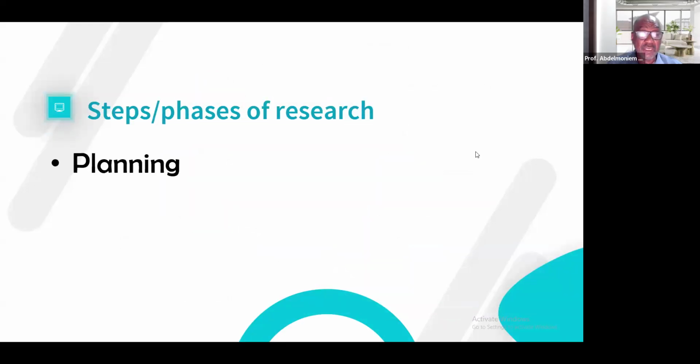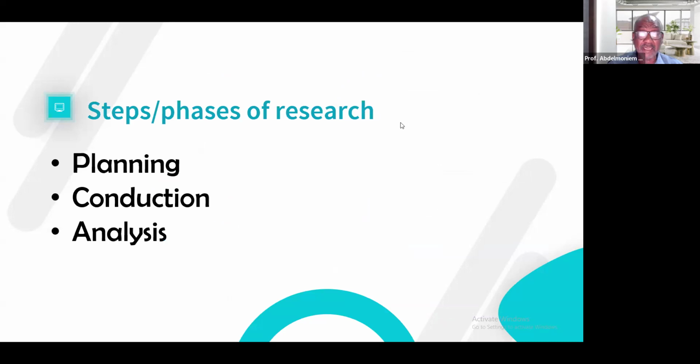You have to plan first for research, then you have to conduct research and collect data, then you manage data and analyze it, and then you write a report, whether it's a manuscript or a PowerPoint presentation for a conference or whatever.